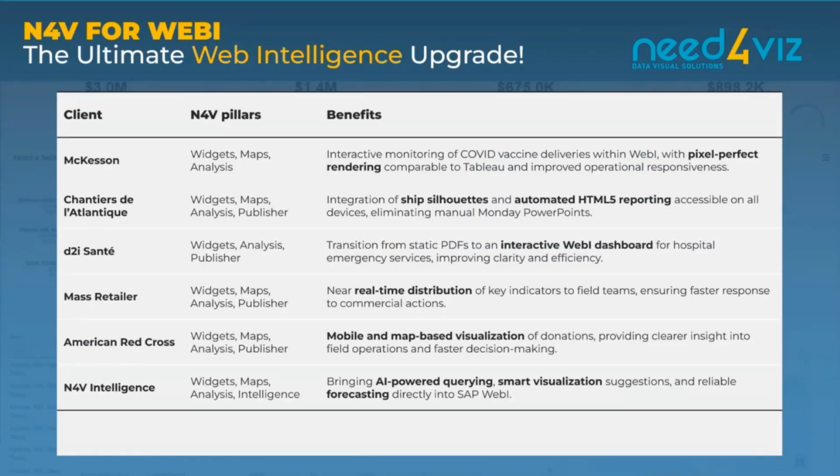What we saw during this webinar summarizes well the diversity of N4V uses. With McKesson, we enabled interactive management of COVID vaccine deliveries directly in Web Intelligence with a graphical rendering worthy of the best solutions on the market. At the Chantiers de l'Atlantique, N4V enabled ship silhouette integration and automatic generation of HTML5 reporting